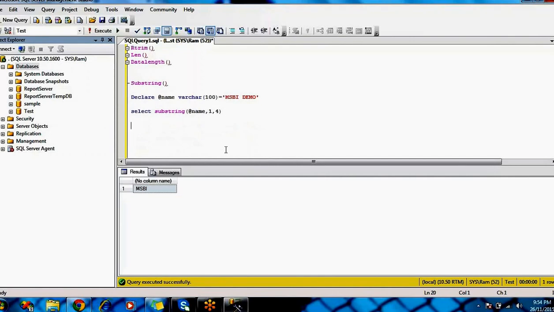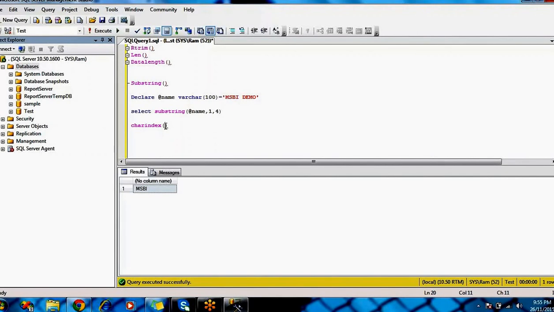Okay, right. Coming to one more function, the charindex function. So what is this charindex function? For example, the position of I is the fourth position. You know very well the position of I is 4 because there are only 1, 2, 3, 4, 5, 6, 7, 8, 9 characters. Then you can easily say the position of I is the fourth position. For example, if you have 1000 characters, then how can you say the position of that one? It is difficult to count the position of a particular character in the entire string, right? So in that situation,